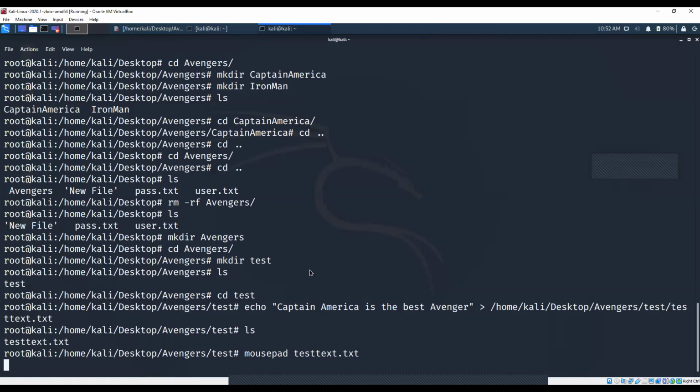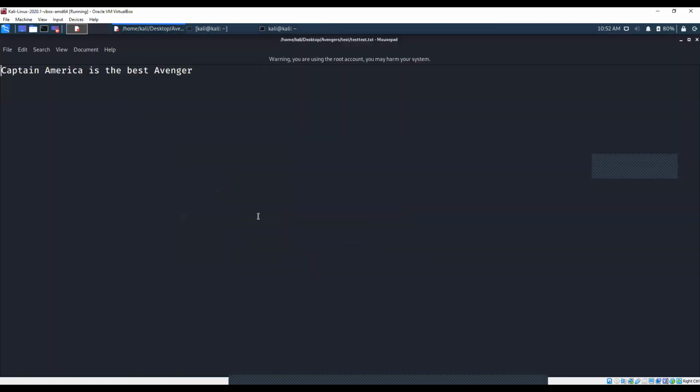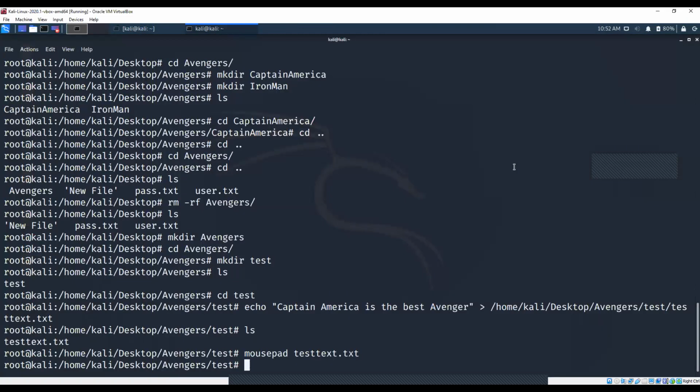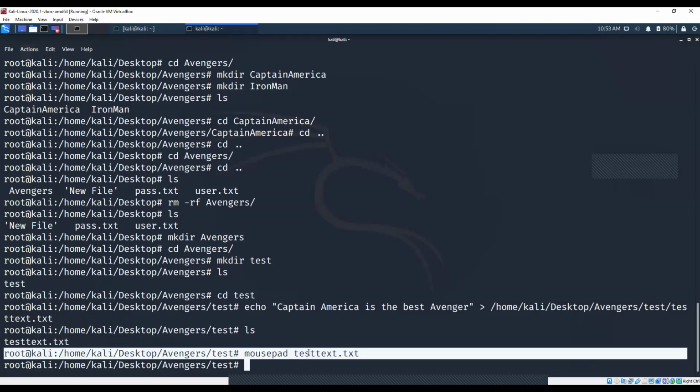So that's the reason I'm able to see whatever I have written over there in the mousepad. So I'll simply close this. Mousepad is one command where you can actually edit whatever text file you have. Let it be a Python file, let it be some random .exe file, or whatever file you have, you can actually open it up in mousepad so that it will give you a chance to edit that code. So let it be any of the executable file extensions, or any of the coding extensions, you can actually use mousepad to edit the text over there.